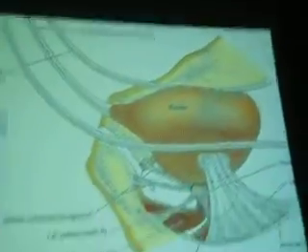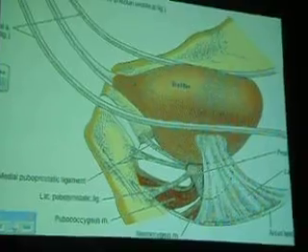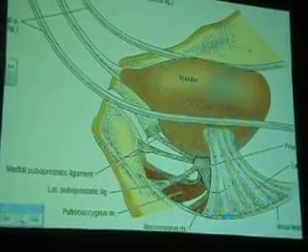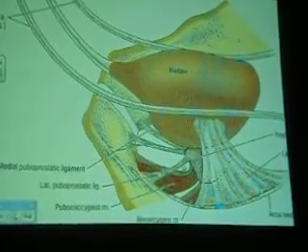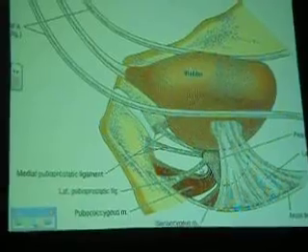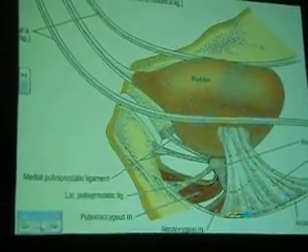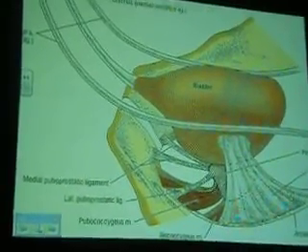So these are the medial puboprostatic ligaments. A little more laterally, also from the back of the pubic bone, are the lateral puboprostatic ligaments. And in the female, the lateral pubovesical and pubocervical ligaments. More laterally now, we have the lateral true ligament.